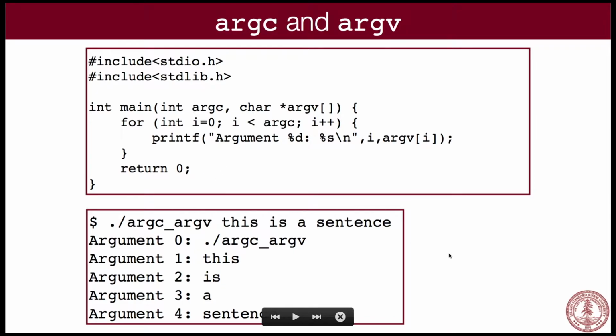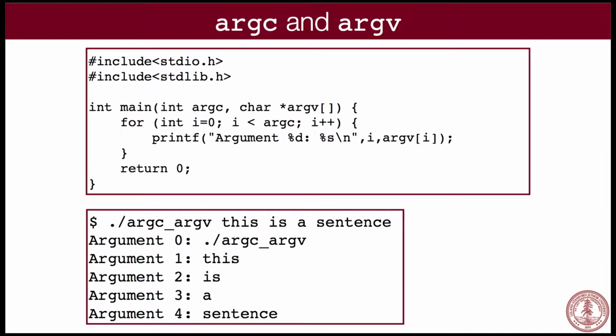Okay, so this is what happens when you actually run this program. So if you make this program, and you say ./argv_argc, and then you say this is a sentence. Well, we know that there's 1, 2, 3, 4, 5 arguments. And when we go through this loop, we go from 0 to less than the number of arguments, 0, 1, 2, 3, 4.